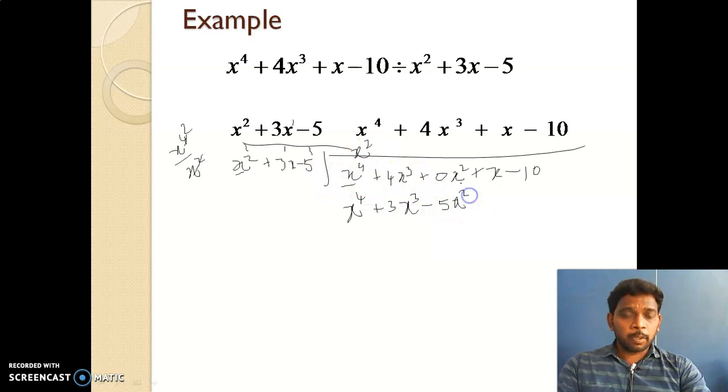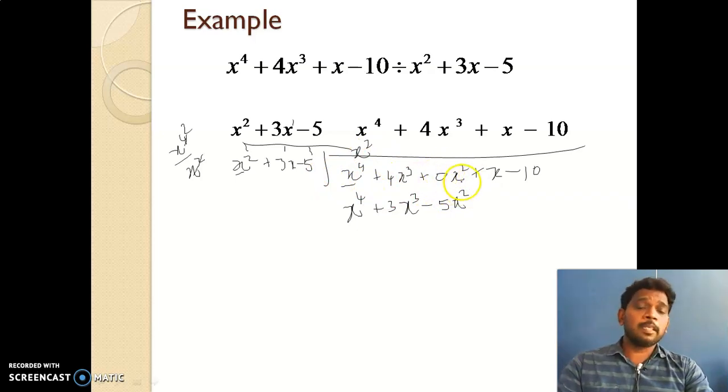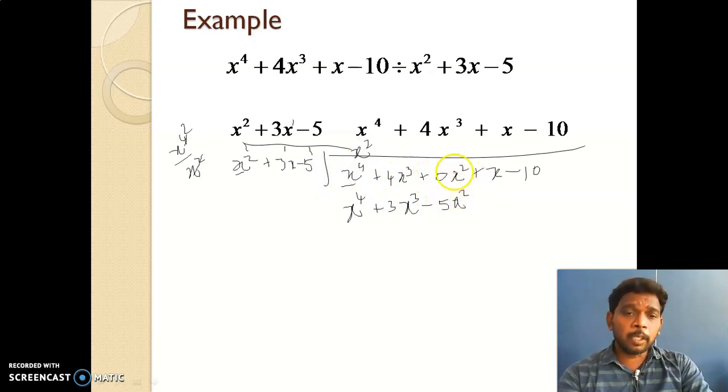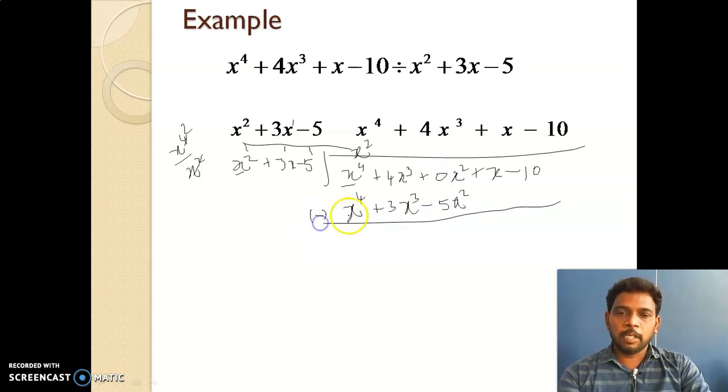If you forget to write this 0x square here, it will be x square, x only here. So you will get confused. For that purpose, if any terms are missing, you can add 0 instead. Now simplify this, that is, subtract, which changes the sign of the lower expression. So minus, here also minus, and here plus. After changing the sign, we have to consider that sign only.